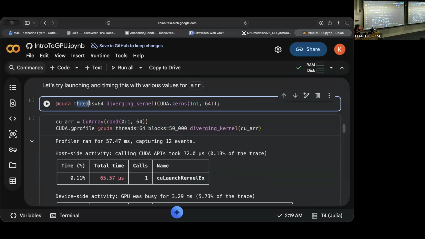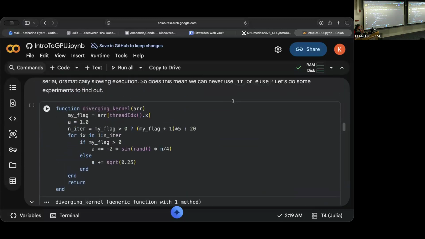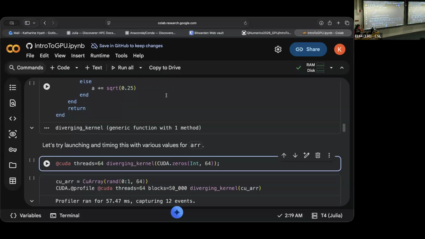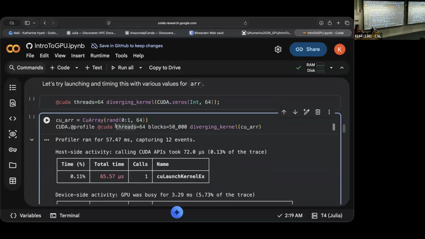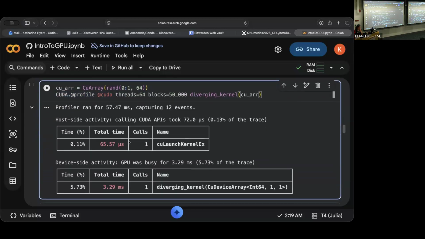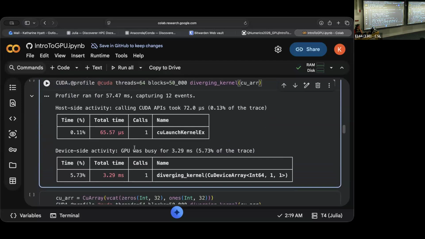So I just launched this with 64 threads. The block count is implicitly 1. And here I've set the flag to be all zeros. So if the flag is 0 for everybody, everyone should do the same thing, and there should be no warp divergence. And we can indeed check that by using the inbuilt CUDA profiler. This is also something that's really nice in the CUDA.jl formalism. We can just instantly profile our code